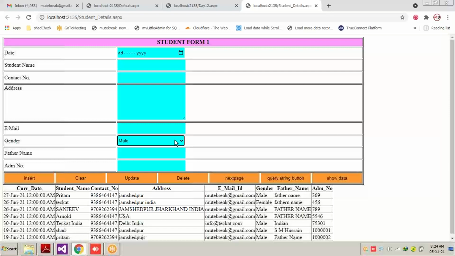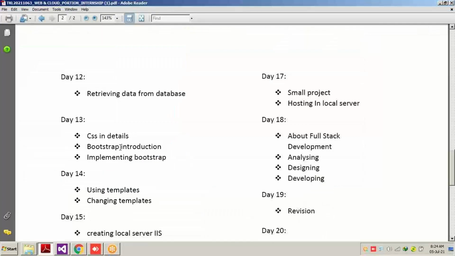It means if somebody has a 6-inch Android phone and opens my website, it will fit according to that particular screen size. If somebody has a smaller screen, 4-inch or 4.5 inch, the application should adjust itself according to the screen size of the Android phone. For that, we will be using Bootstrap.